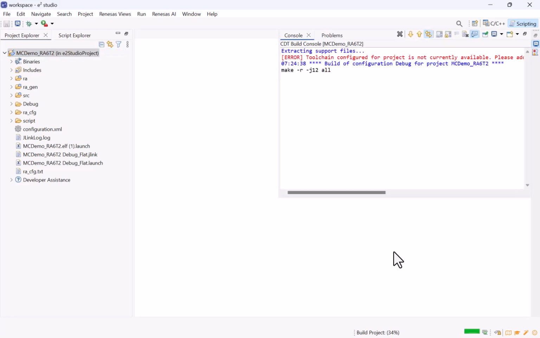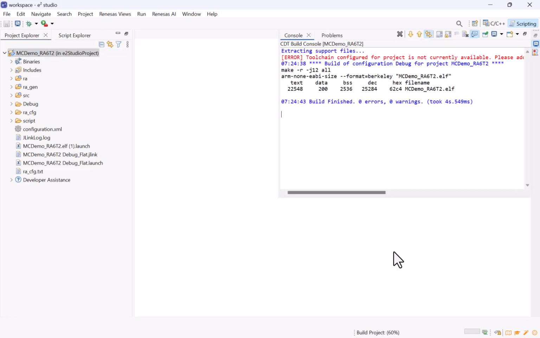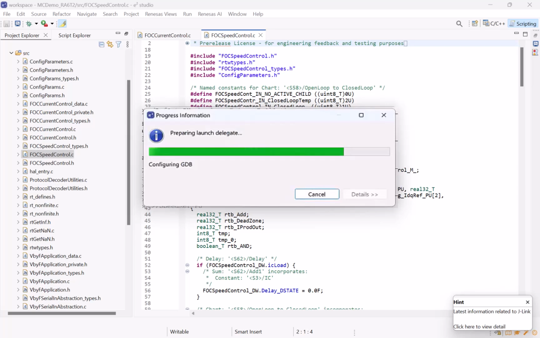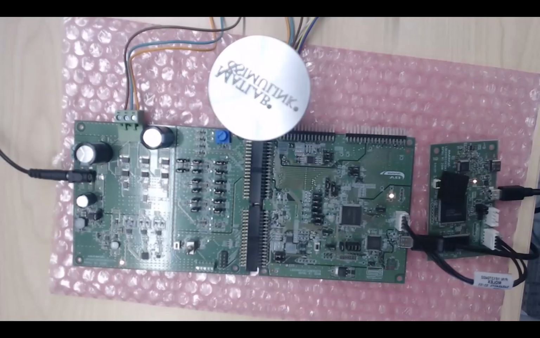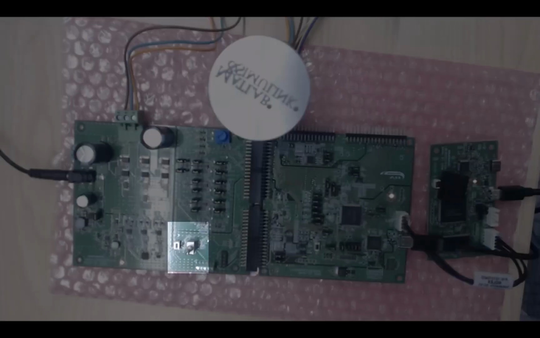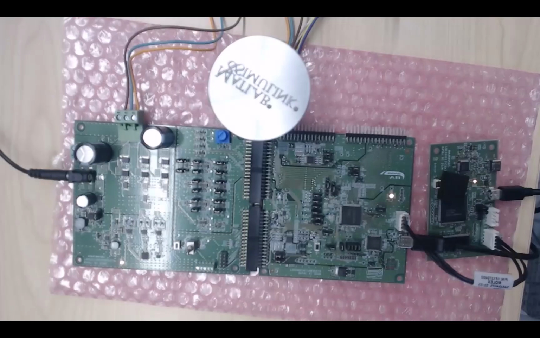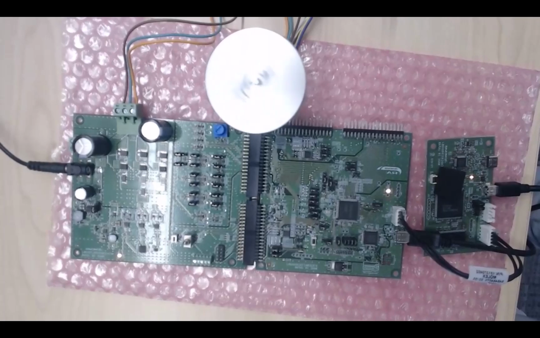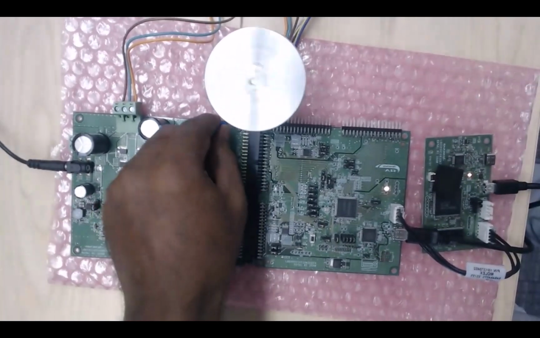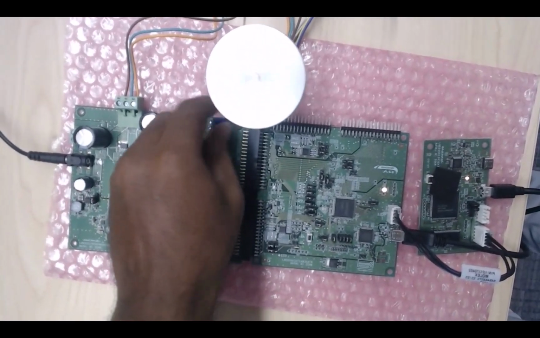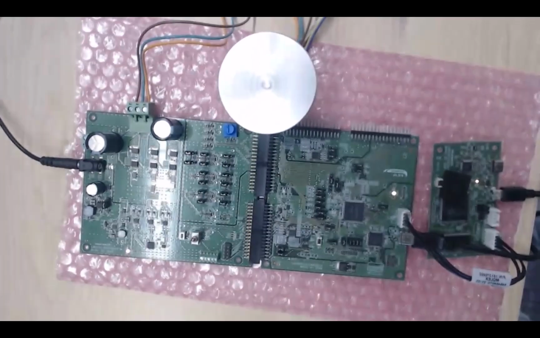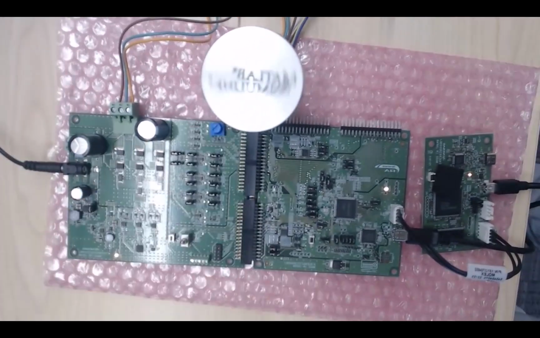Following a clean build, and by clicking on this icon, the deployment process begins. Once the code is successfully flashed, you can use the onboard toggle switch to start and stop the motor. Once enabled, you can see the motor spinning and the speed can dynamically be adjusted using the onboard potentiometer, demonstrating the closed loop capability. And that wraps up our demonstration of algorithm export.